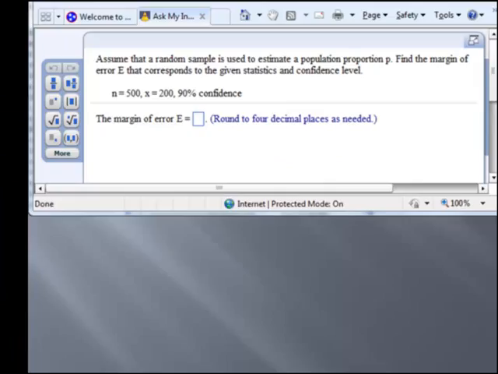Assume that a random sample is used to estimate a population proportion P. Find the margin of error E that corresponds to the given statistics and confidence level. The margin of error is just half of the interval width. When we construct a confidence interval about a proportion, we find the sample proportion, which is X over N, and